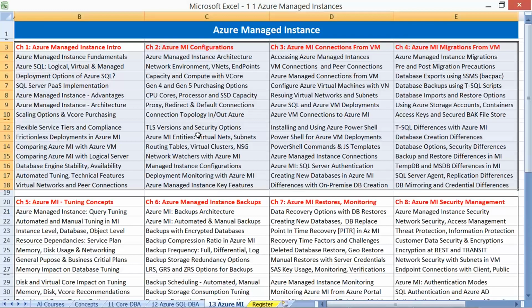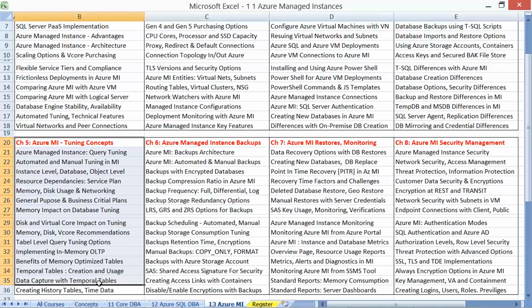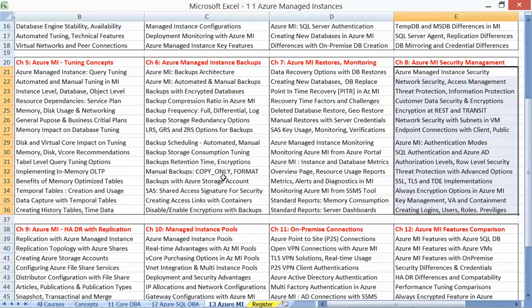And slowly we'll understand various tuning concepts practically, different types of backups, manual and automated backups, restores and monitoring mechanisms, and security management in managed instance configurations.